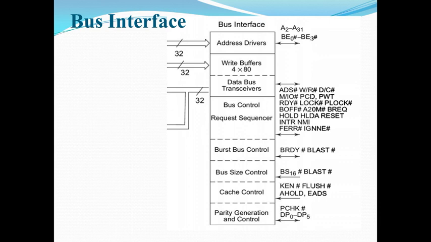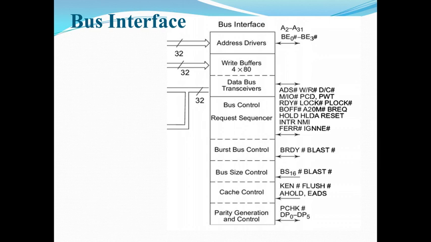So during cache invalid cycles, the address bits A4 to A31 are inputs on the processor's local address bus through the address receivers. Next comes the write buffers. These four buffers allow the bus unit to buffer up to 4 write bus cycles from the processor, permitting these write operations to complete execution instantly. Data bus transceivers are used to get data onto the processor's local data bus during the write bus cycles, and to get data into the processor from the processor's local data bus during the read bus cycle.